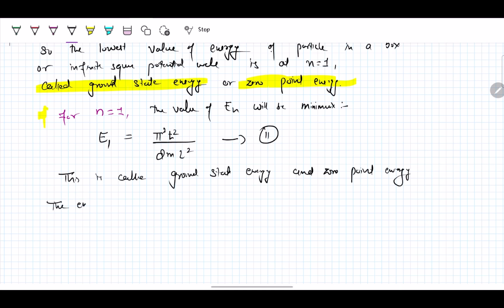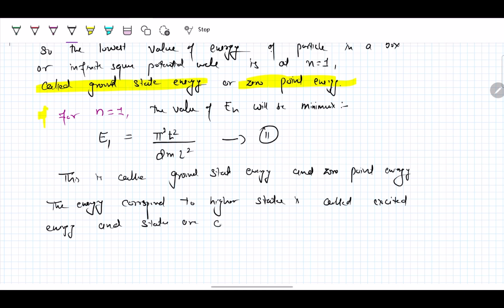So the energy corresponding to higher states is called excited energy, and the states are called excited states. These excited states are given by,